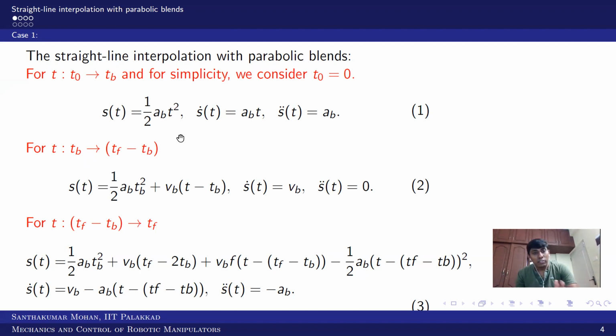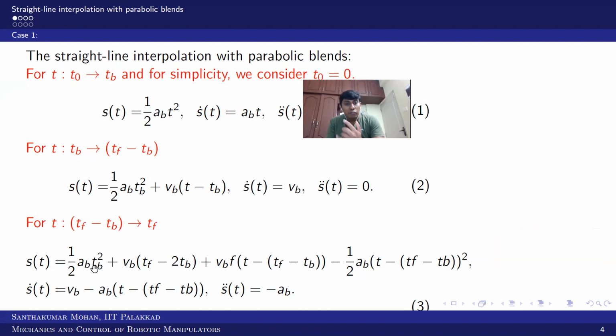Once TB is given, we can make another segment that would be a straight line. You can see that this is the previous segment's end point. Then you have the velocity obtained as a linear velocity VB, and that would keep going, but t has crossed TB, so it is t minus TB. This is the way the second segment works. When it comes to the third segment, you can see that these two are the first segment's end point and the second segment's end point, and this is the current point velocity, and this is the deceleration.